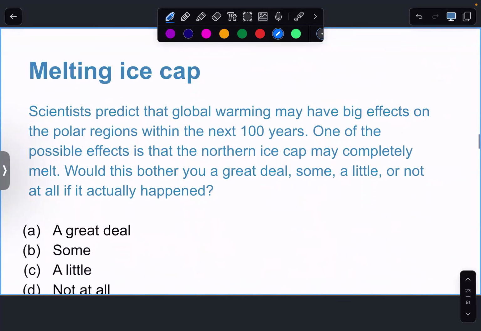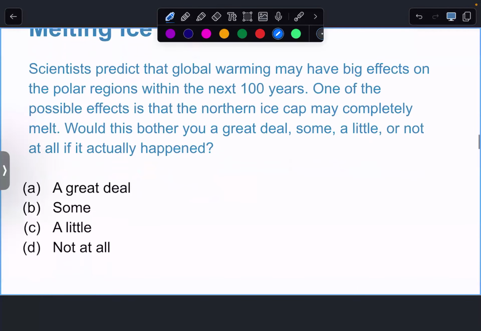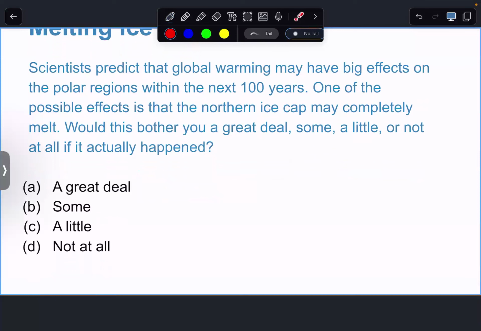So now I want to use an example, right? A survey question looks like this. Scientists predict that global warming may have big effects on the polar regions within the next 100 years. One of the possible effects is the northern ice cap may completely melt. Would this bother you a great deal, some, a little, or not at all if it actually happened? So this was a survey question, and the results of that survey